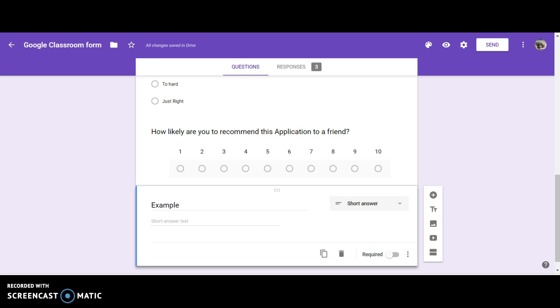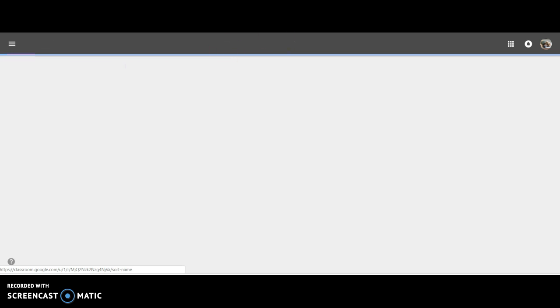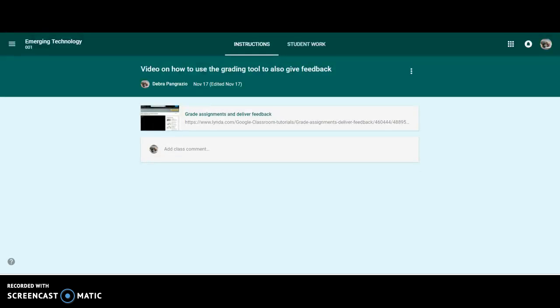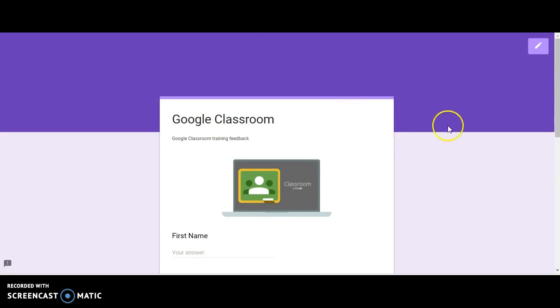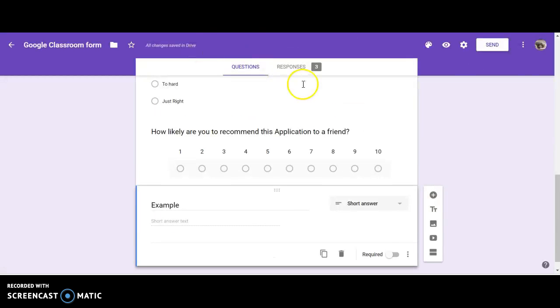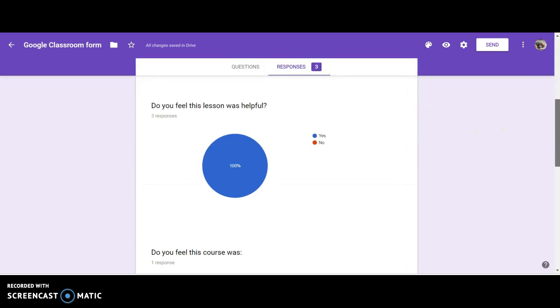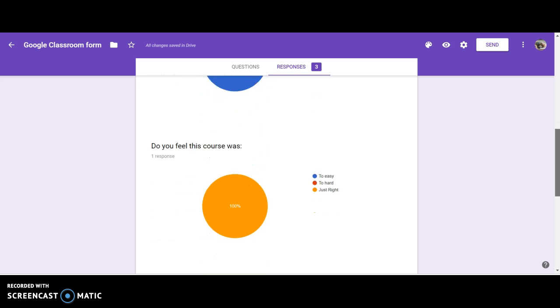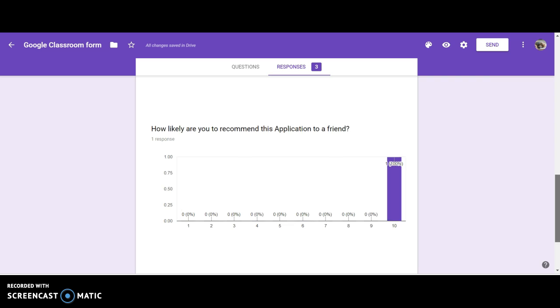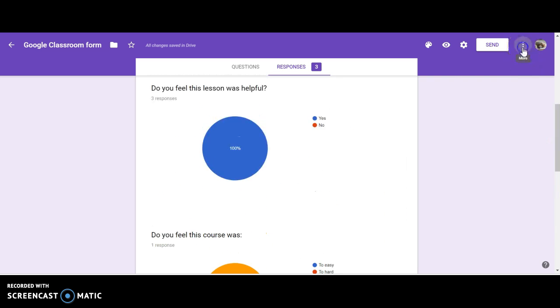But in order to use this in Google Classroom, you need to add your link. Forms doesn't work extremely well with Classroom; you have to add the link, but then you actually have to go to the forms. But another quick thing to show you about forms is if you go into responses, this is really a great thing. You scroll down, it will show you answers or grids to all your questions. This can be exported right to a